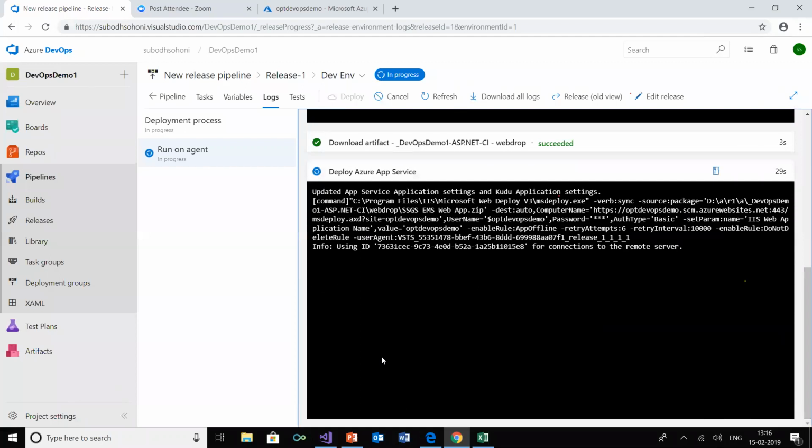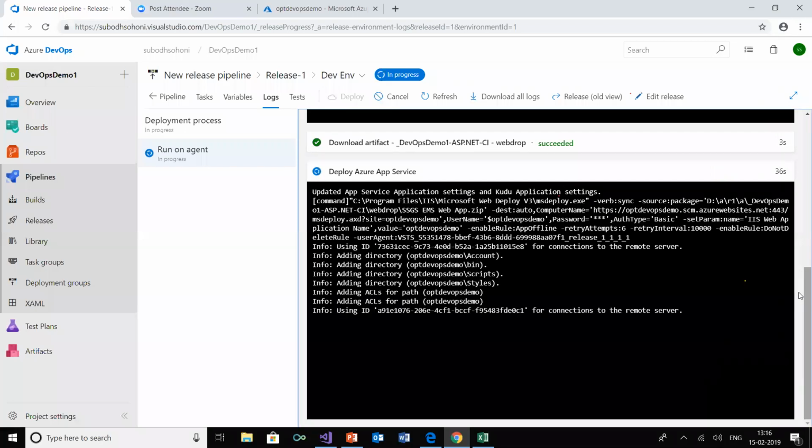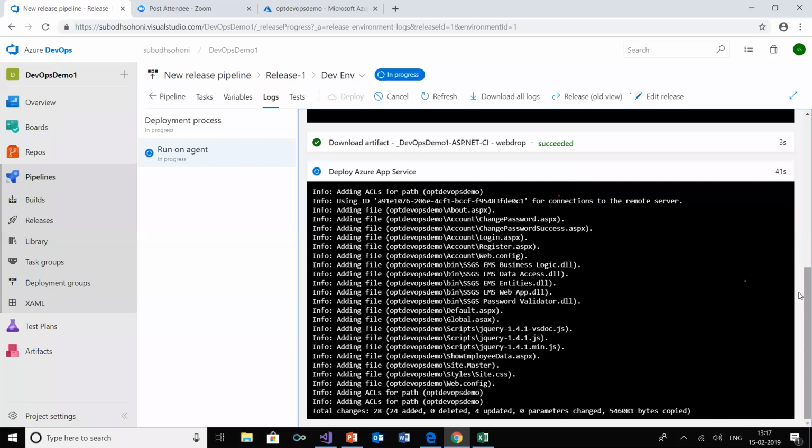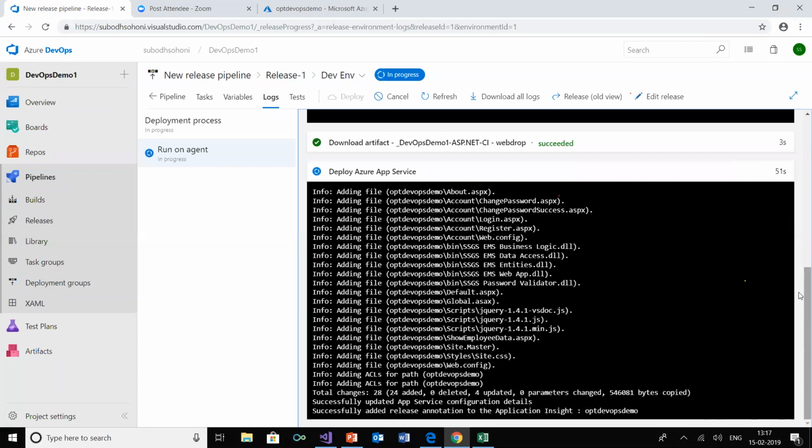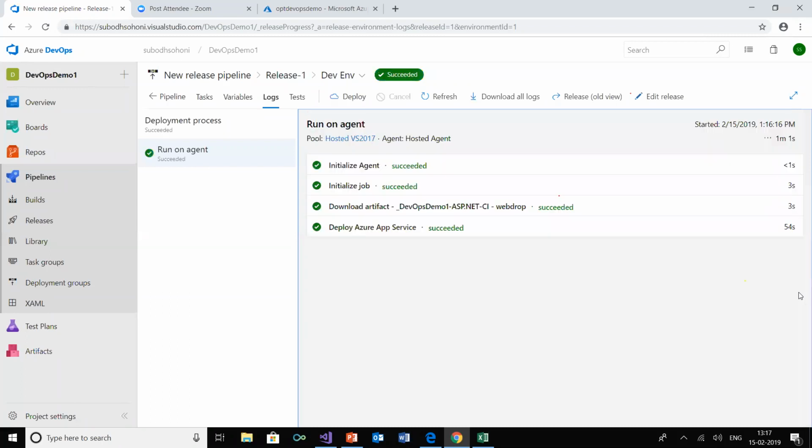Okay, so it updated the app service application settings and Kudu settings, and now it's connecting to that and creating the necessary directories on the app service. It has successfully updated the app service configuration. It has created the